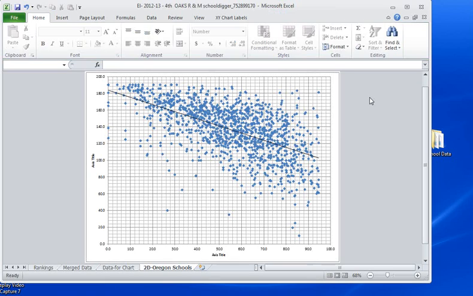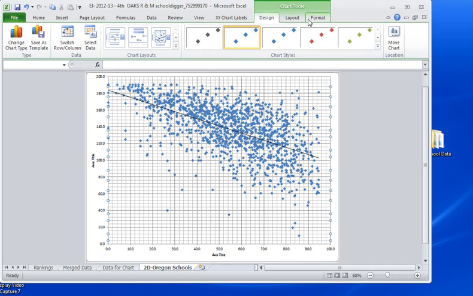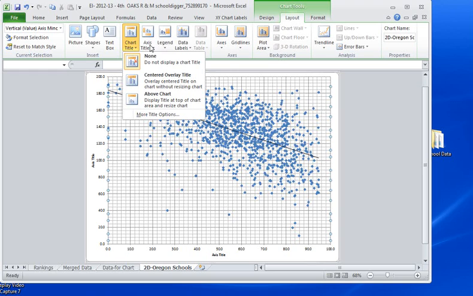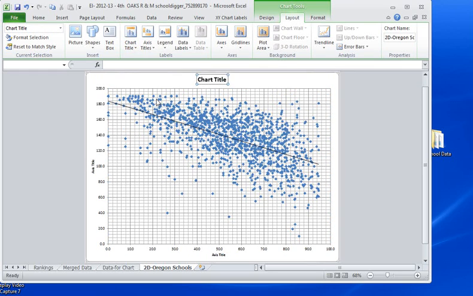If the chart is not active, those tabs go away. So when I click the chart itself, the three tabs show up, and I'm in the Design tab. I go into the Layout tab, and right here I have a little thing that says Chart Title. And I'm going to put a title up at the top just by clicking, and it's just a dummy, and I fill it in, highlight the characters, and start typing,